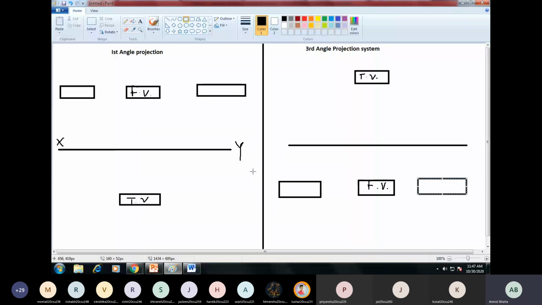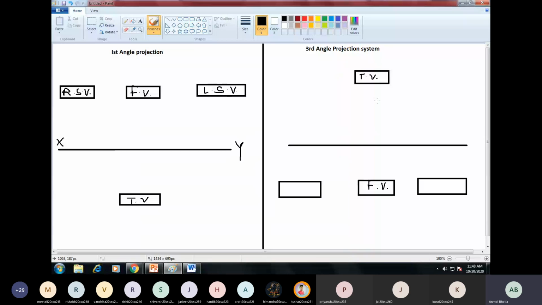ये notation है, हम generally ये follow करते हैं, ठीक है? और what is to be followed here? See, this is the right side of the front view. Front view का right side. Right side में हम left side view represent करते हैं, ठीक है? We'll represent the left side view on the right and we represent the right side view on the left. ये notation है, इंडिया में follow होता है, ठीक है?